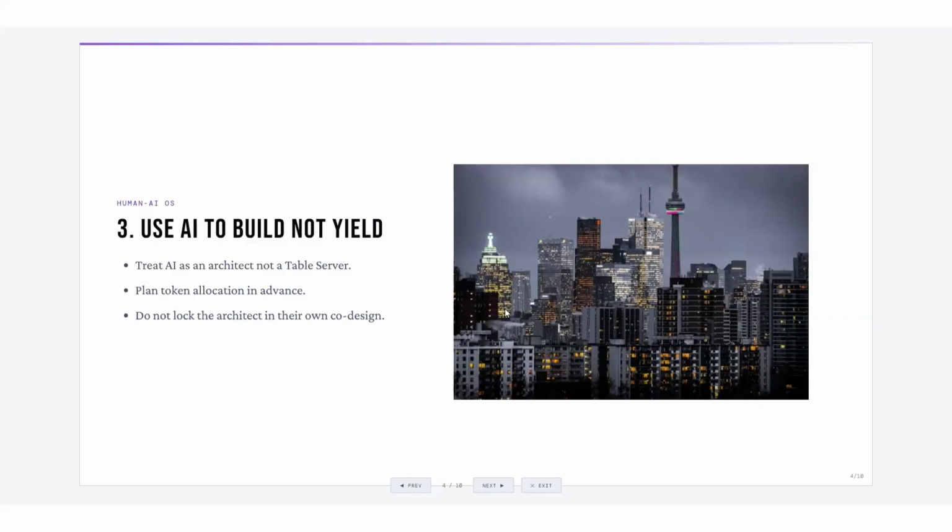Also, you want to plan token allocation in advance. So based on how many tokens you have with whatever plan that you may have, with whatever provider that you may use, you want to set up in advance how many tokens you estimate it may take for your product or your project.